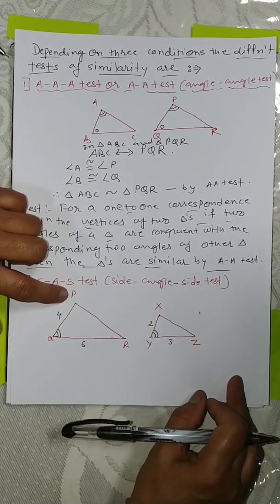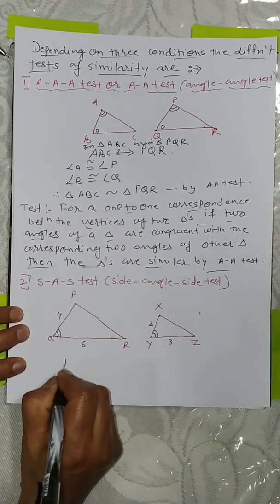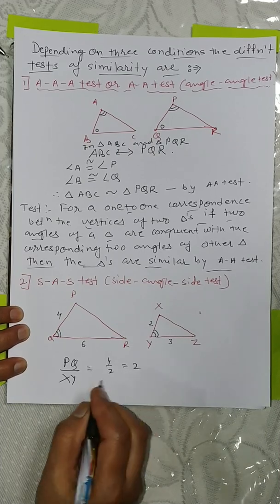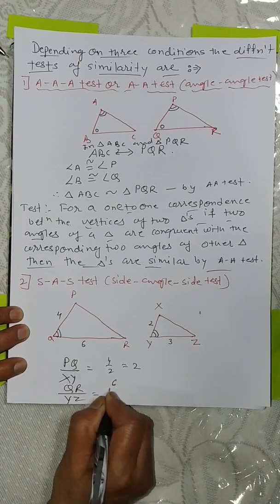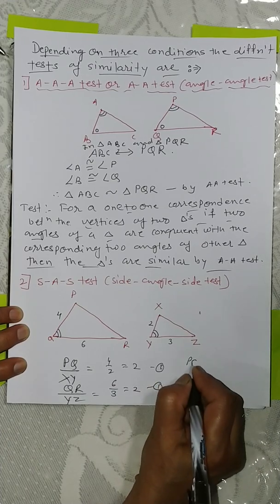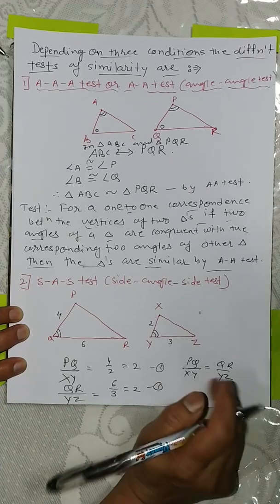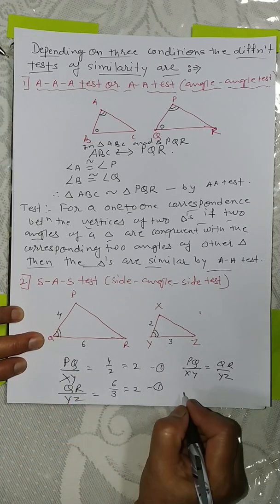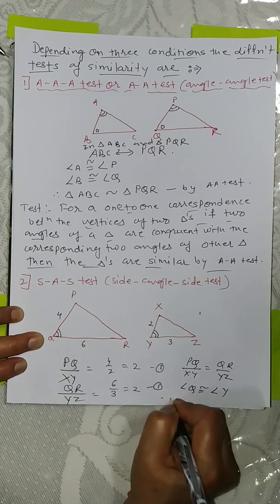If we start from this vertex, and find the ratio of PQ upon XY, we get 4/2, that is 2. Then QR upon YZ, it is 6 upon 3, that is 2. That means the ratio is the same. So PQ upon XY is equal to QR upon YZ. So these sides are in proportion, and the angle between these two is congruent, angle Q congruent to angle Y, and therefore